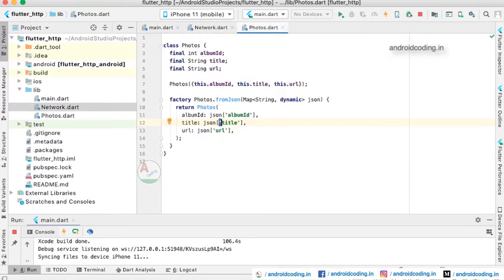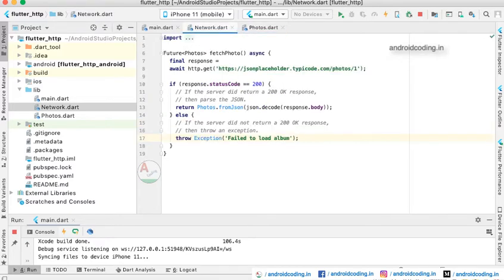And we are using this photos class in the network call to pass the data which we are getting from this URL. When you pass this URL, you can see the values. We have specified one here so that the first album is loaded.